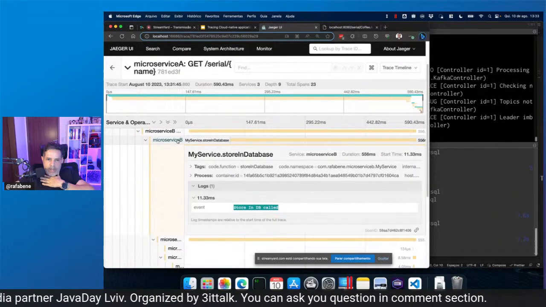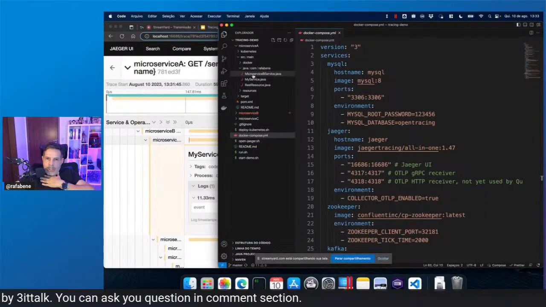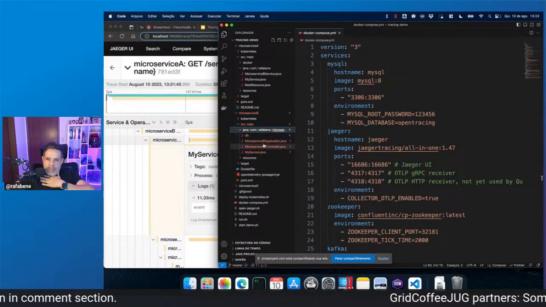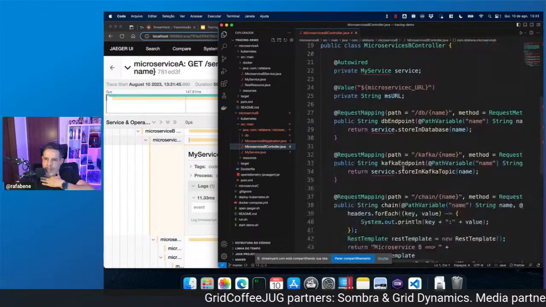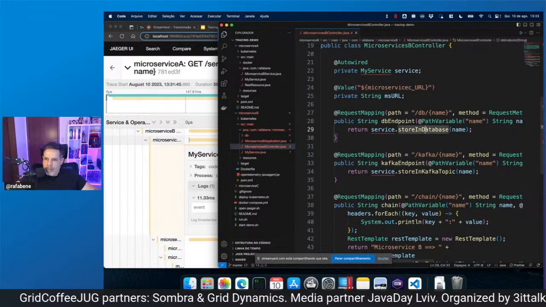This is the microservice C, store in the database. So let me open here, microservice B, source Java, my service, store in the database.